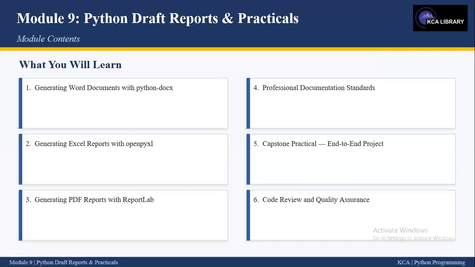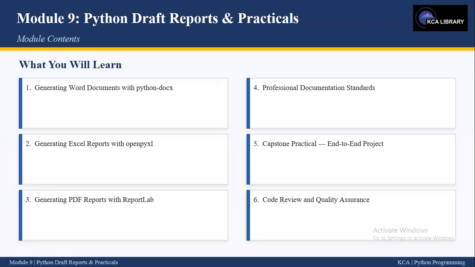What you will learn. This module covers 6 key areas. We begin with generating Word documents using the python-docx library, followed by creating formatted Excel workbooks with openpyxl and producing PDF reports using ReportLab. We then cover professional documentation standards, a capstone practical that builds an end-to-end automated reporting system, and finally code review,